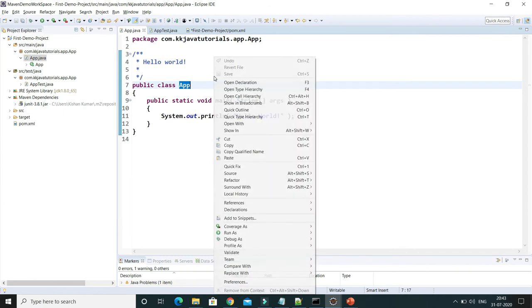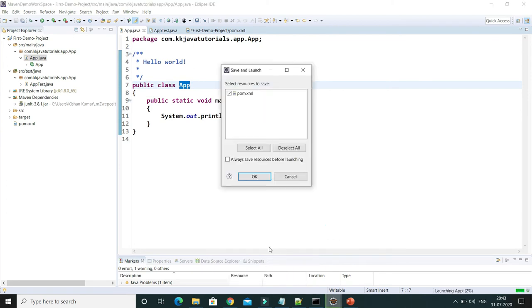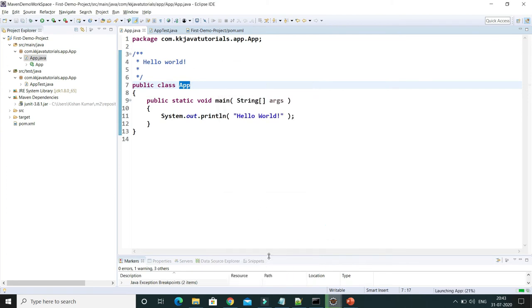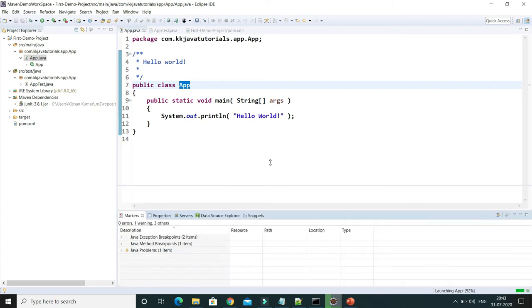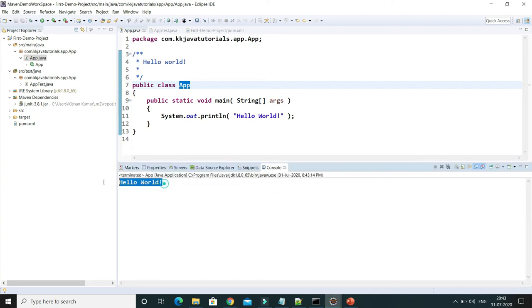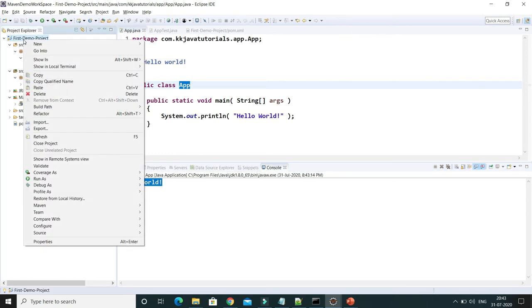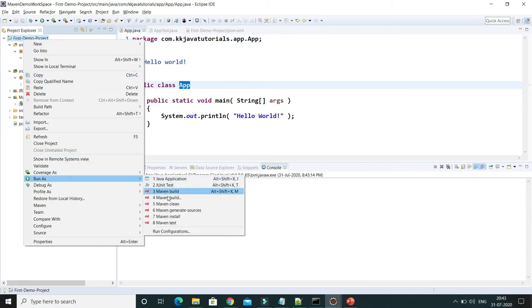Now let's say we have this project. If I right click and run as a Java application, then we can see the output, Hello World. But here are some things I'm going to show you. We get Hello World, but as this is a Maven based project, we can do various stuff. Here you can right click and go to Run As, and you can see a lot of Maven related commands, or the Maven build lifecycle. Here you can see Maven build with the triple dots.